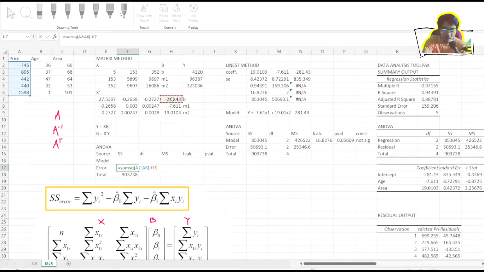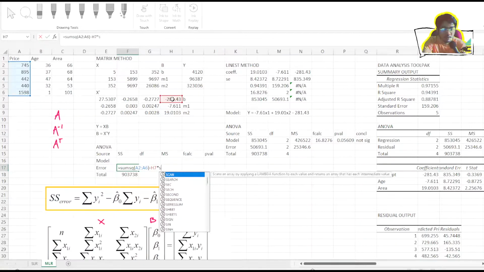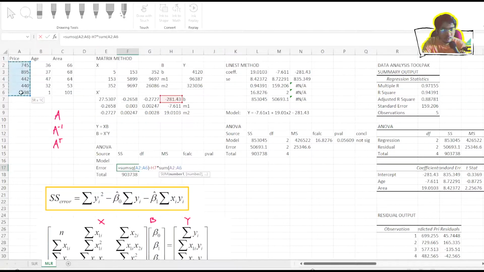Tapos multiplied by, so it's a long formula, no? Multiplied by yung yi, which is sum ng yi nito. Okay? Minus beta 1, which is this value, times sum ng xi times yi. So that's sum product yung gagamitin natin, no? Sum product ng xi, x1 times yi. And then,